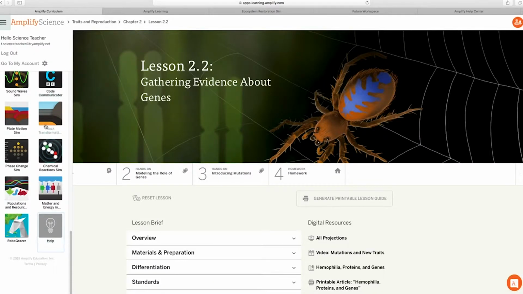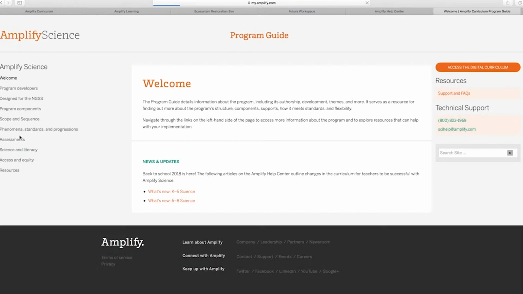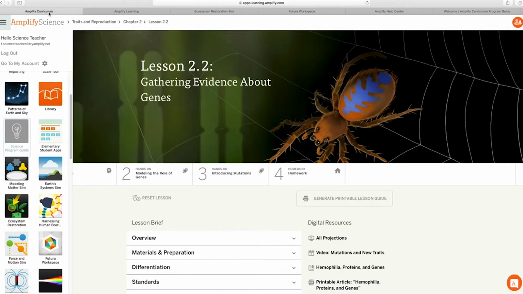The other gray icon in the global navigation menu is the Program Guide icon. The Program Guide icon will take you to the Amplify Science Program Guide, which contains a lot of helpful information. This includes things like insights into the pedagogy of the program, unit alignment, information about the authors, and much, much more. So now I'd